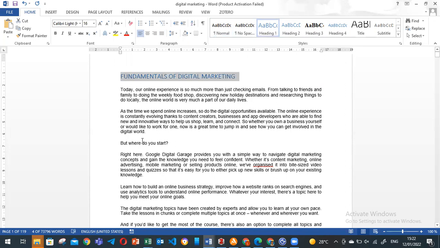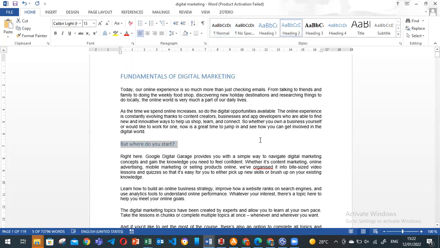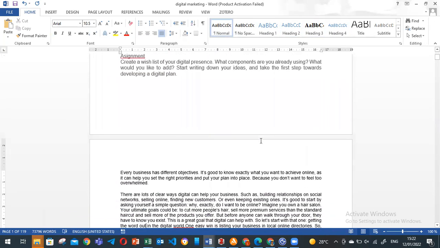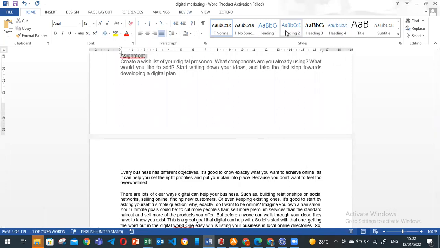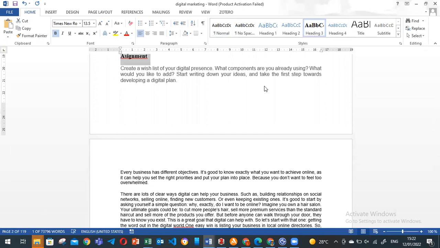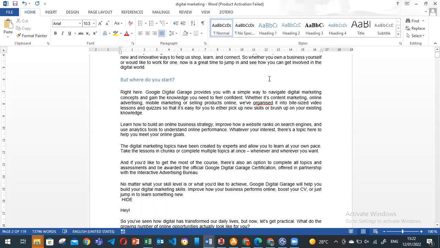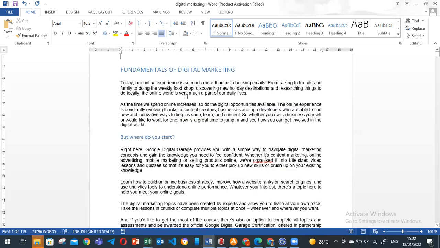We go ahead and change this one to heading 2, which will be a subheading of heading 1. So we click there, change it to heading 2. And then we can go ahead and change this assignment to heading 3. Heading 3. So if you go back, we can go back to the beginning of the page of our document and